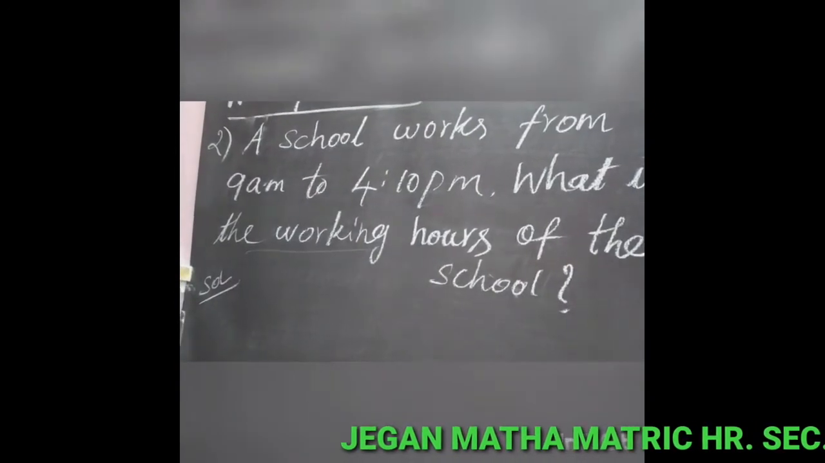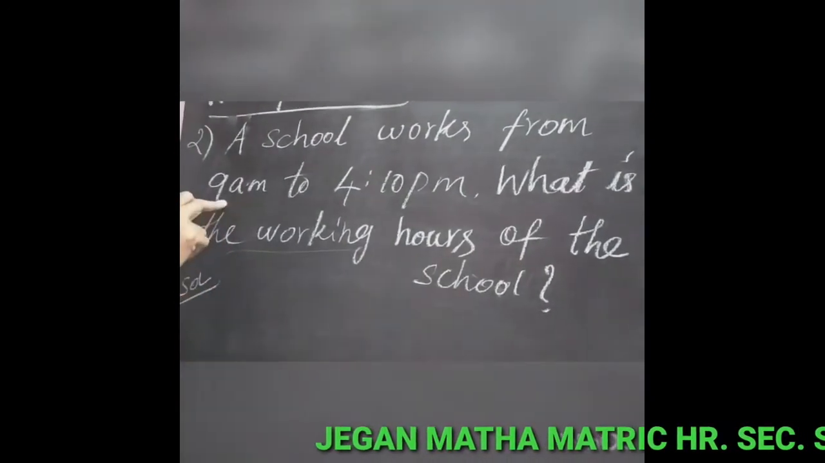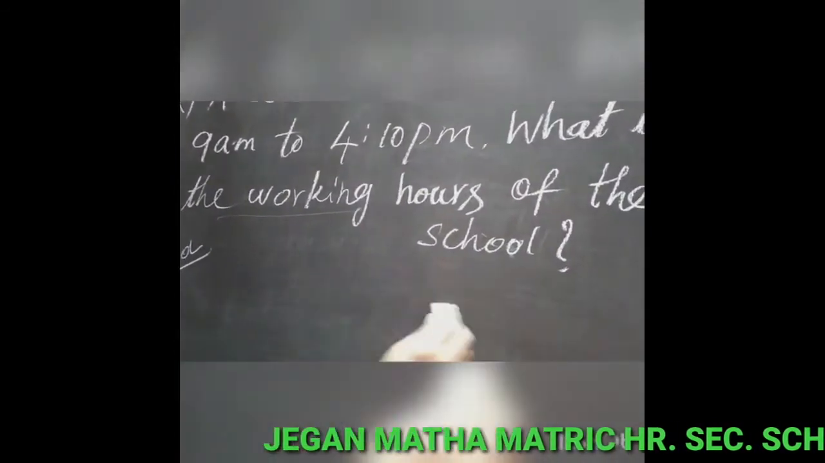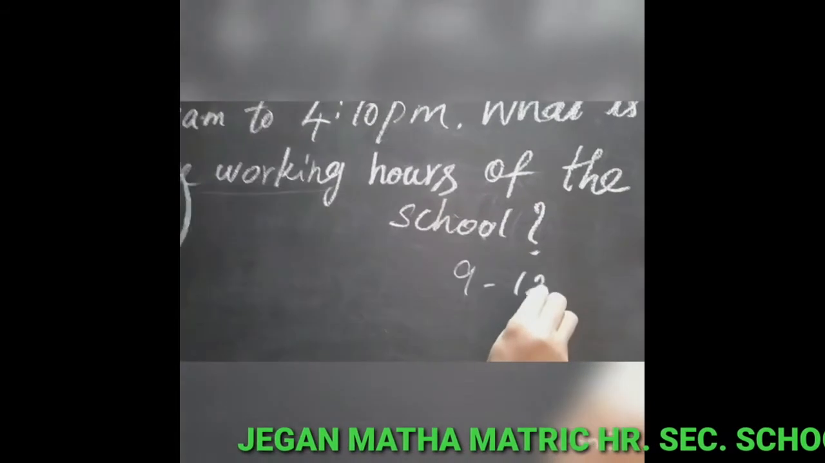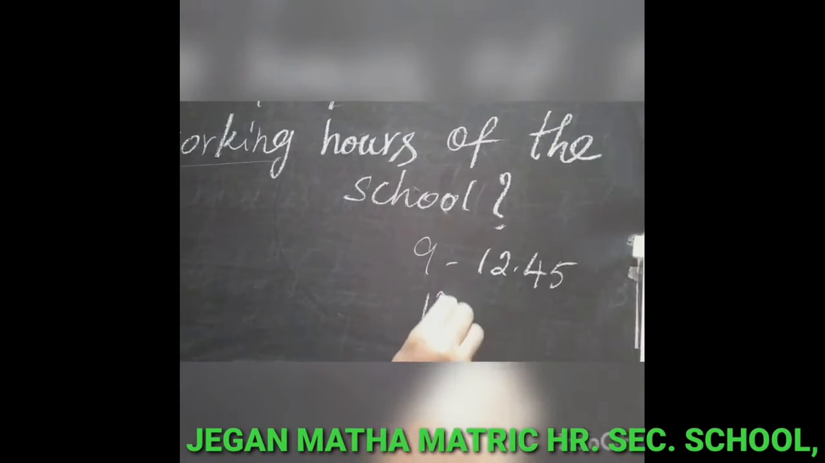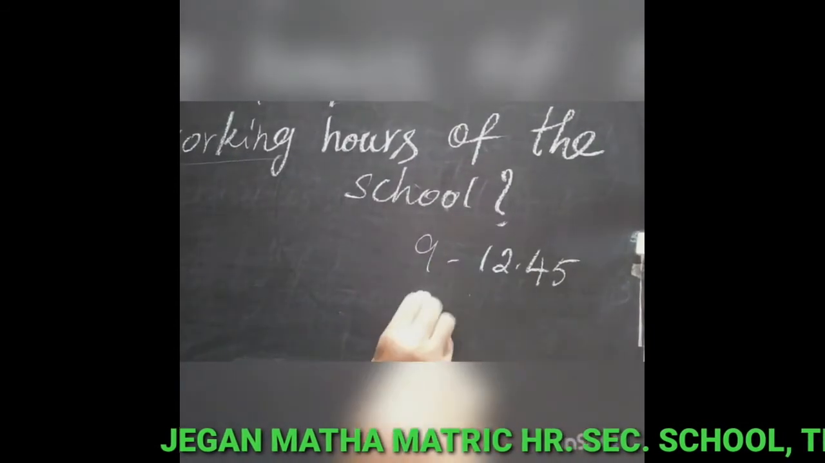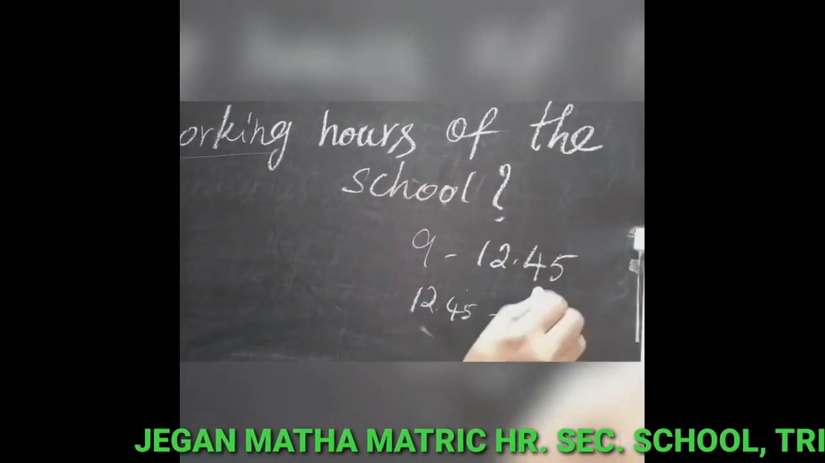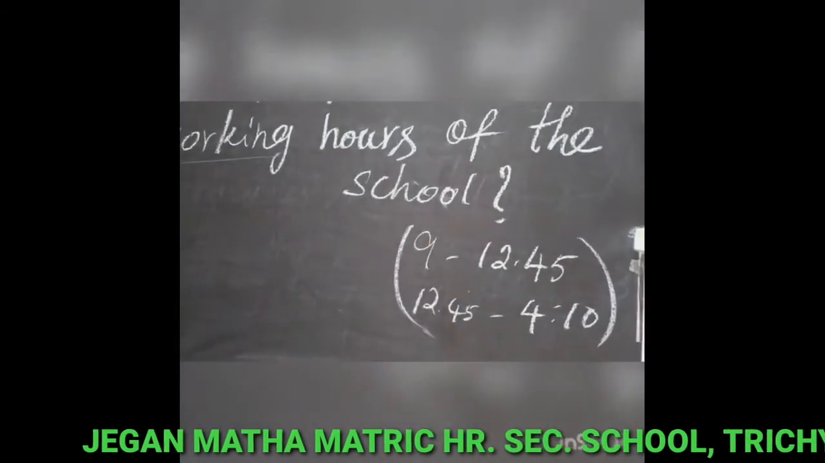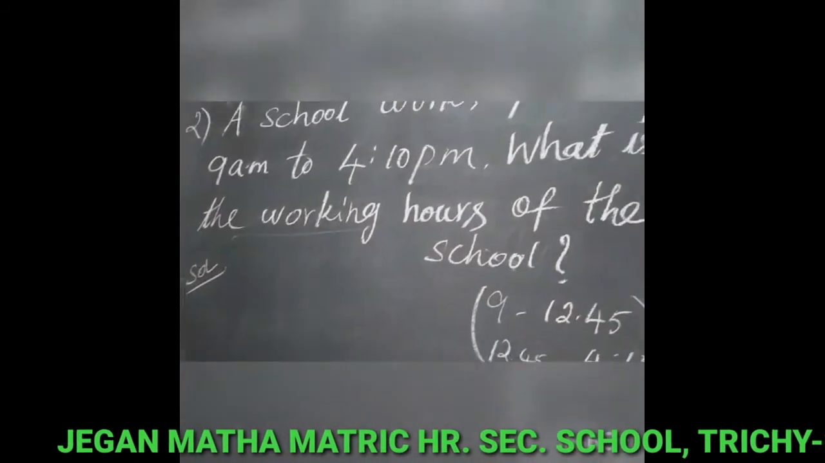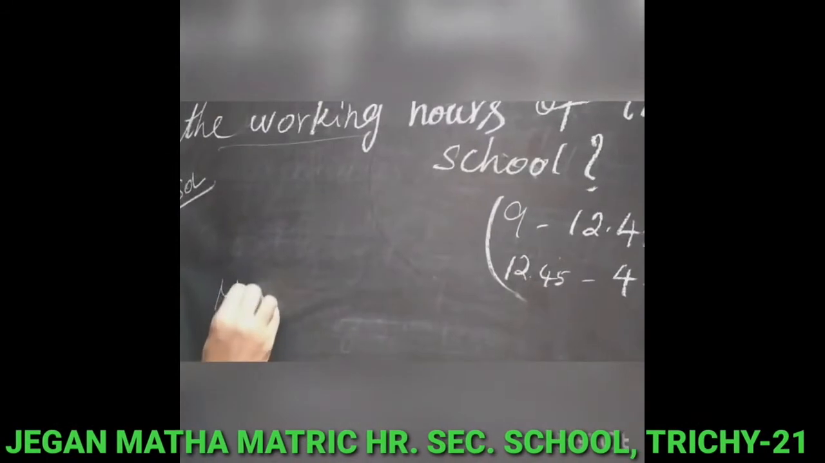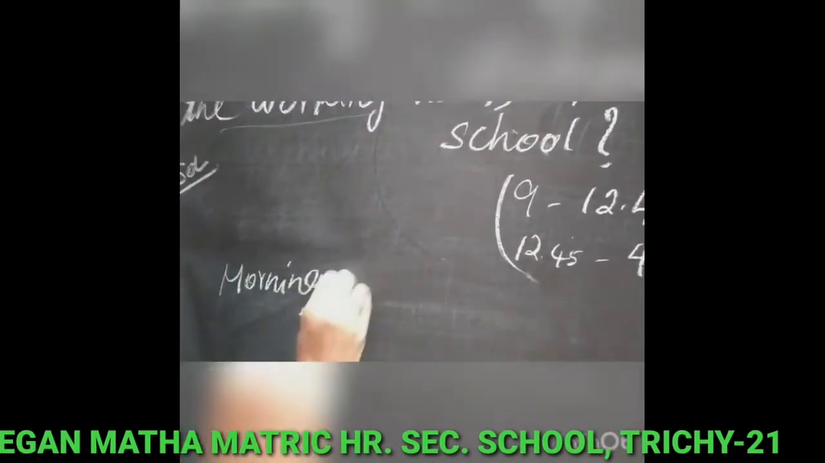You can divide the timings into two parts: morning session, next one afternoon session. The morning session starts at 9 a.m. up to 12:45. So you calculate 9 to 12:45, this is the morning session. The next one, afternoon, 12:45 to 4:10. This is two sessions. You have to divide like this, morning session and afternoon session. Then only you can calculate easily. So the first one, morning session